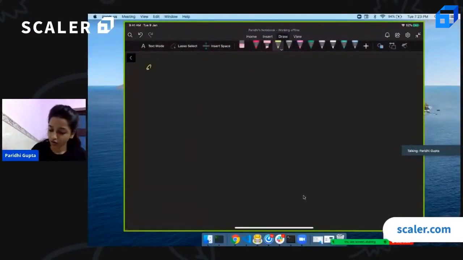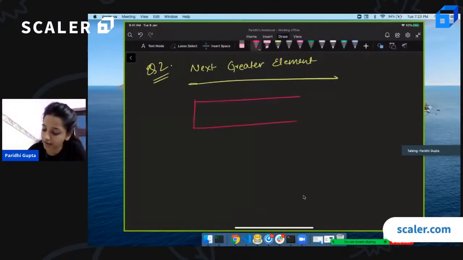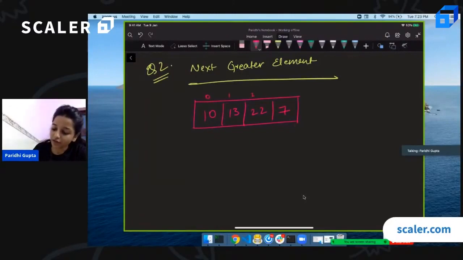Cool. So question 2, and this is a very, very famous question, which is next greater element. Let's suppose you are given the elements in an array: 10, 13, 22, 7. For each of these elements, you have to tell what is the next greater element to its right.